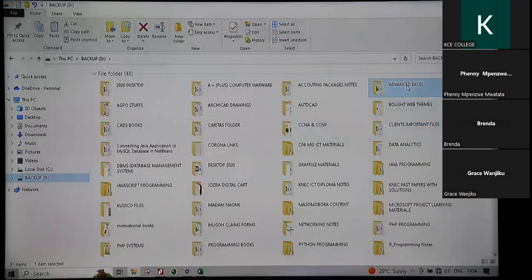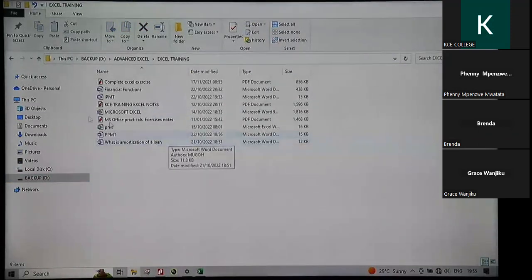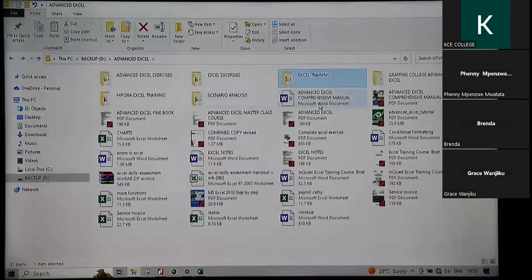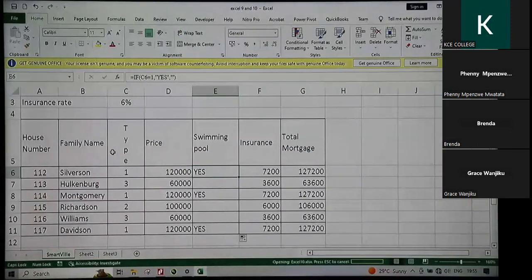So I'll almost close that data. Just a minute. So what was the data about